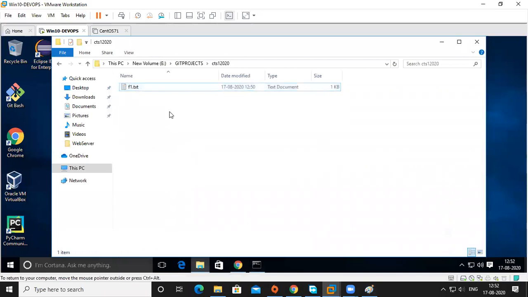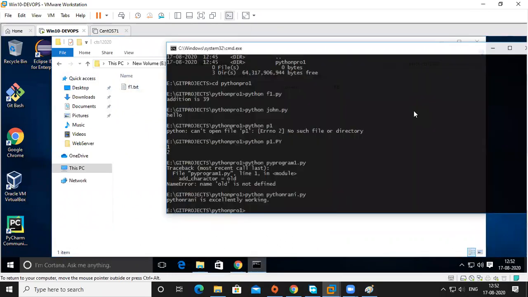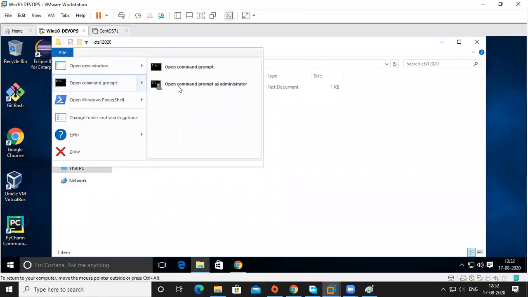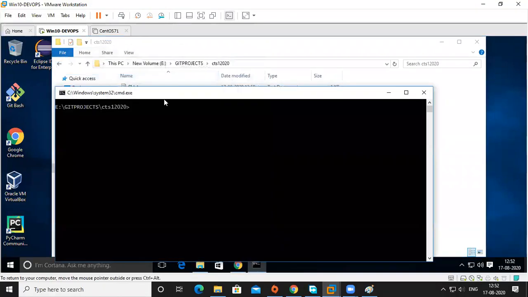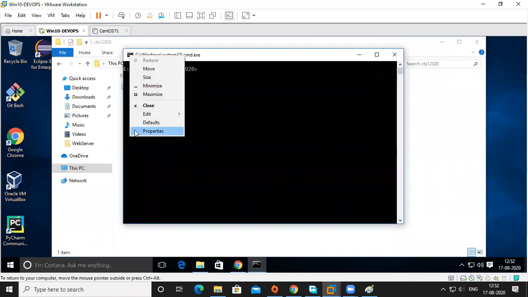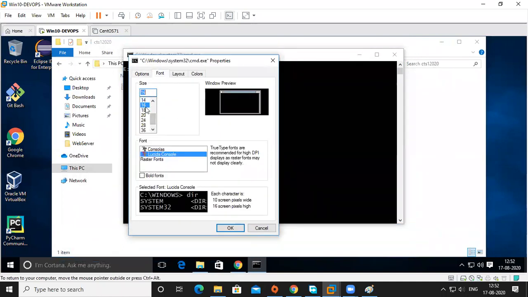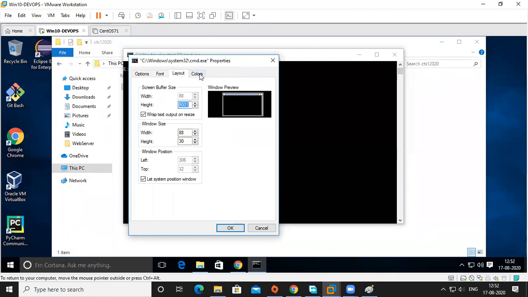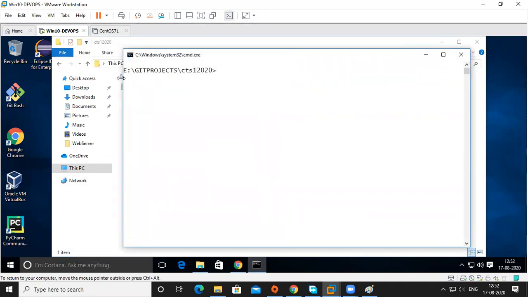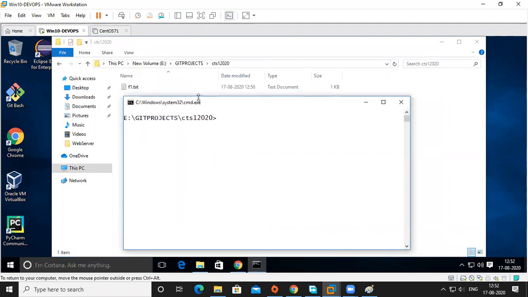So here, I'm in this folder. Inside the folder, this is my file. Okay, I'm going to close this one, not required now. I'm going to my command prompt. Command prompt is quite easy because you're well habituated to use it. If you want to change the colors or letters, you can also change things. Background is white color, screen text is black color. If you want bold, you can change that.